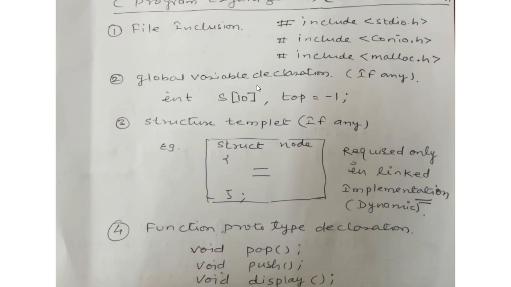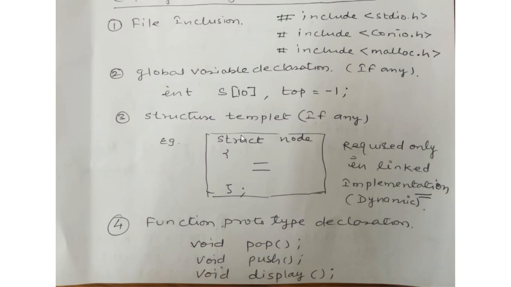Now second thing is global variable declaration. So जब आप फाइल इंक्लूड कर लें, you always declare the global variables. So this is a line which is outside main function से बाहर, उसके ऊपर है और ये वेरिएबल डिक्लेयर कर रही है, तो ये वेरिएबल ग्लोबल है। So I have taken two global variables s[10], this is an array, and top equals to -1। तो ये दोनों मिलके, ये स्टोरेज स्पेस है और टॉप है, ये दोनों मिलके अपने स्टैक के लिए ग्लोबल वेरिएबल यहाँ काम करेंगे।